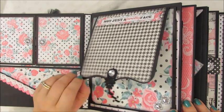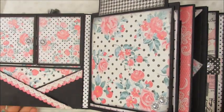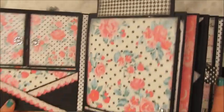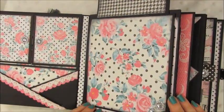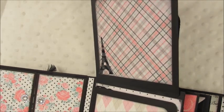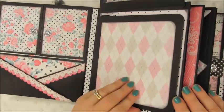Okay, so let's get on with it. So this flips up, and you could do what you want there. Put a photo, journal, whatever. That flips up, and then this flips up, and I just added a little Eiffel Tower there. And then this flips out,